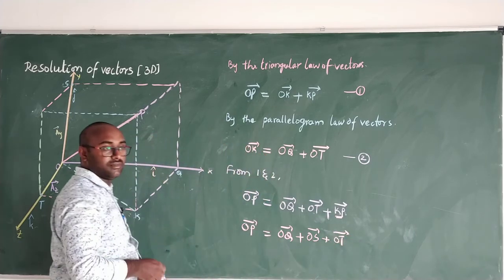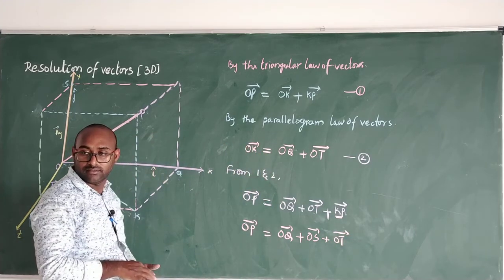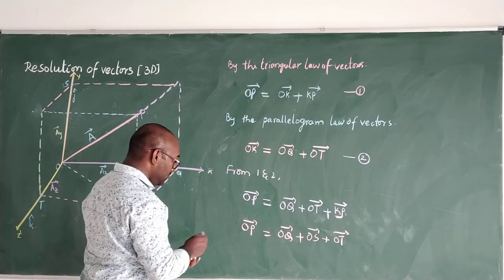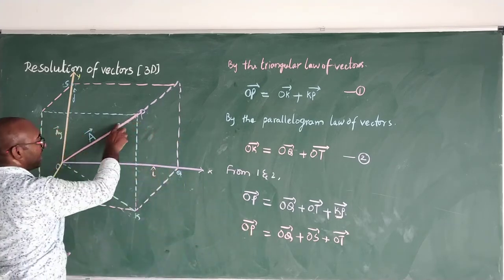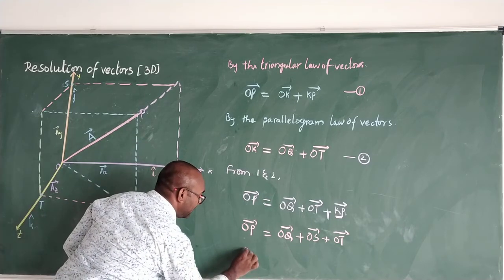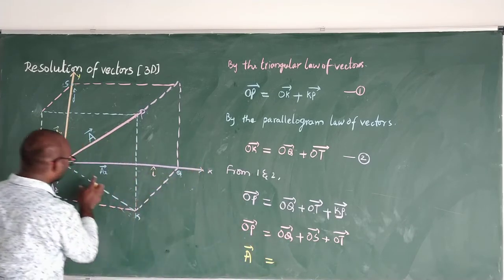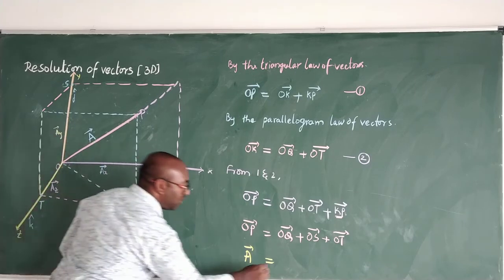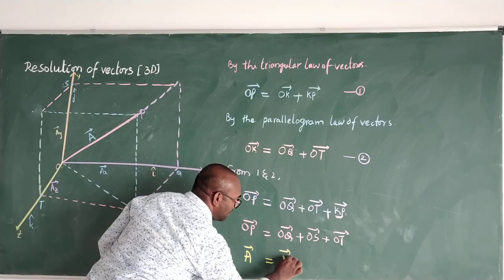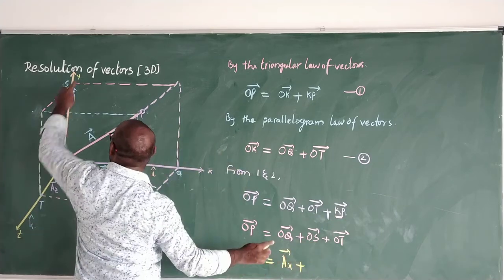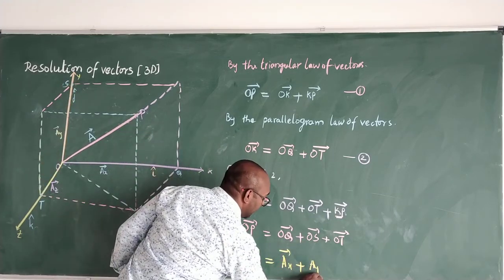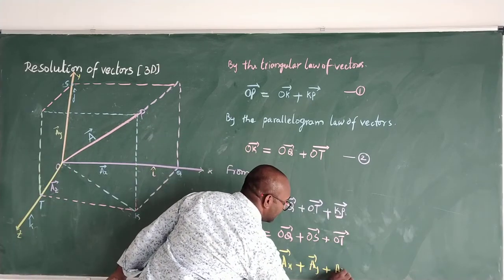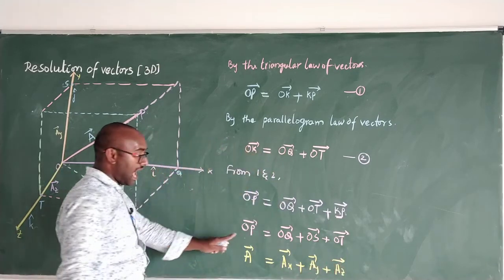Any doubt? Everyone? Sure? So please look here, everyone. Now OP means what? A vector. So write down. A vector is equal to OQ, which means what? The A vector component, that is AX along x direction. That means AX vector plus OS. How much is it? Component AY, plus OT. How much is it? AZ. Understood? As of now, okay?